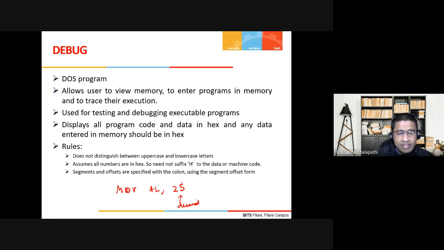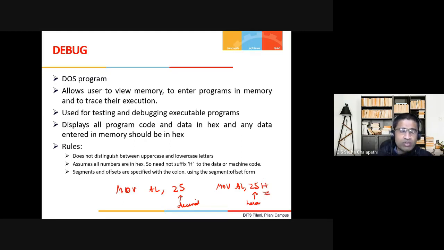Okay, this will be interpreted as a decimal number. Move AL comma 25H, this is obvious, this is a hexadecimal number. Though in debug you do not have to explicitly mention H, in your exams or anywhere